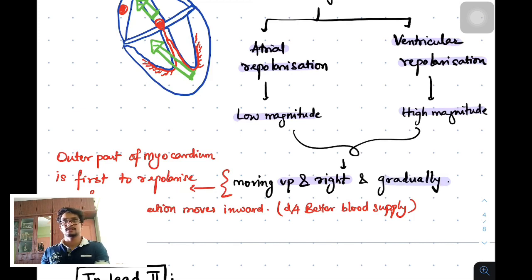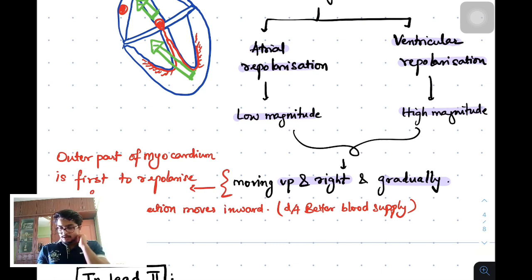depolarization, because depolarization is happening due to opening of sodium channels. So everything is coming in very fast, but potassium channels, compared to sodium channels, are very slow. So what happens when potassium channels open? There is efflux of potassium ions, but the event is happening gradually compared to depolarization.